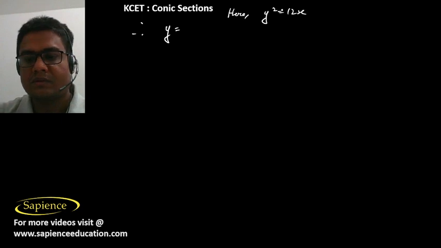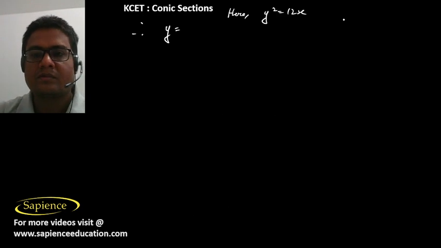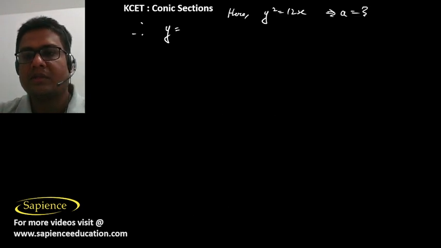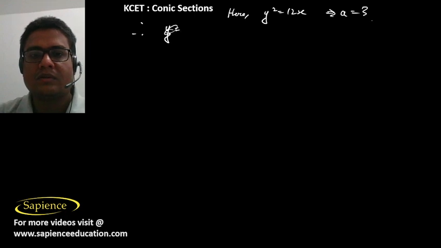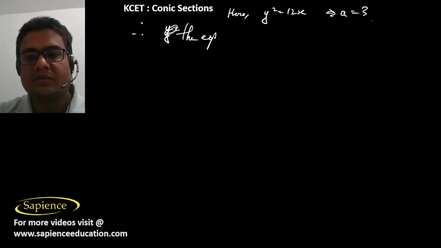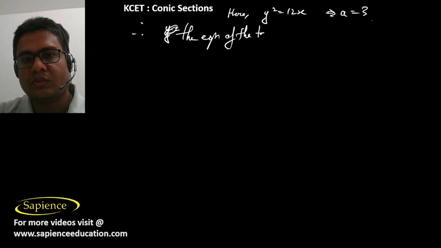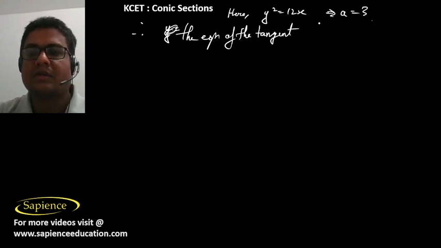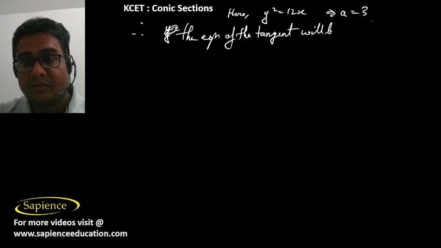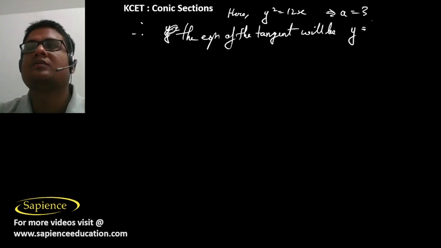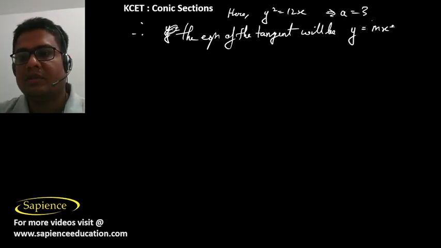So here the equation of the parabola is y square equal to 12x. So therefore it means a is equal to 3. So therefore the equation of the tangent to this parabola will be y equal to mx plus 3 by m,